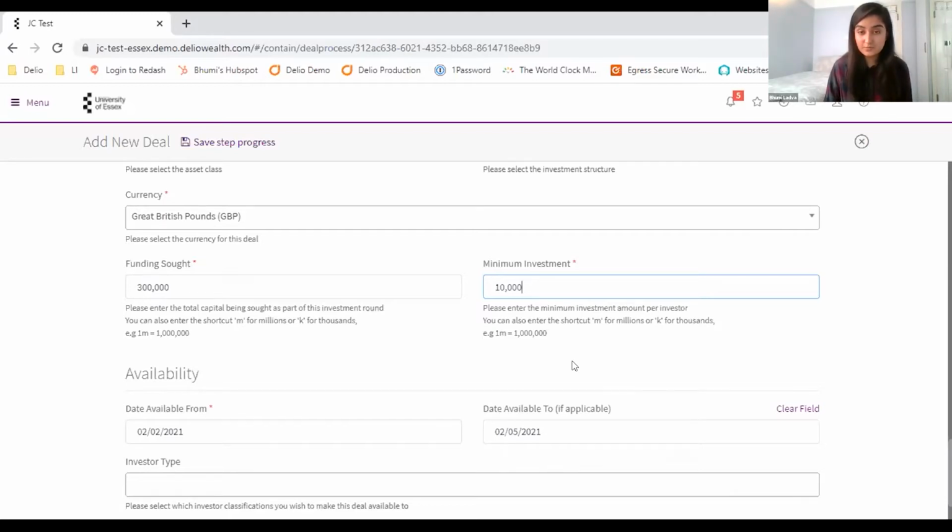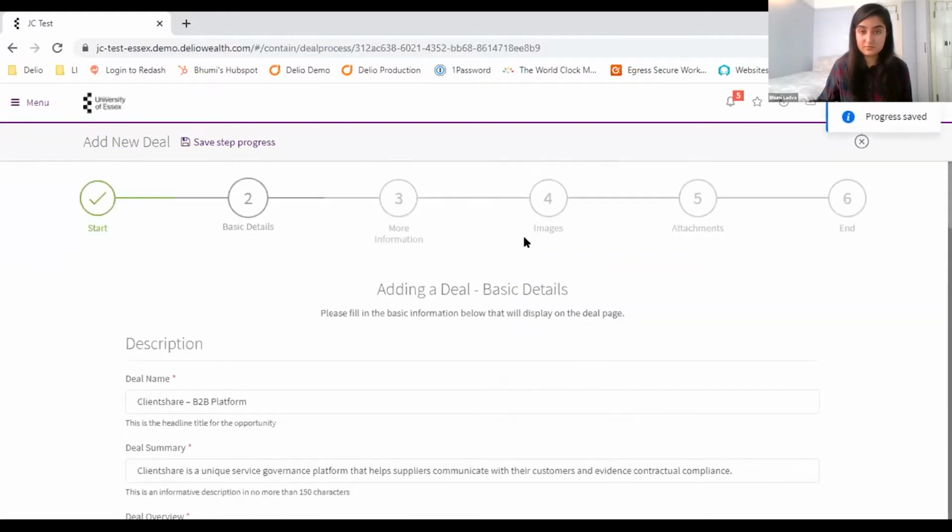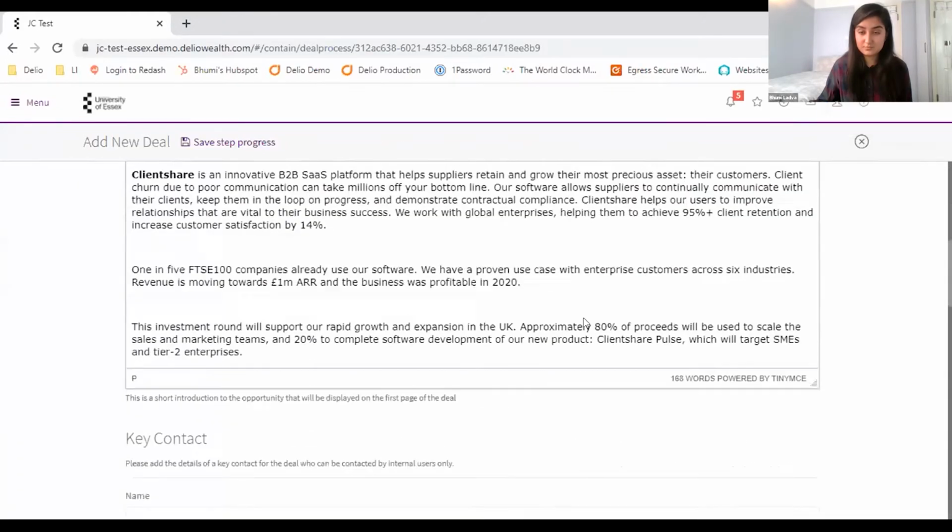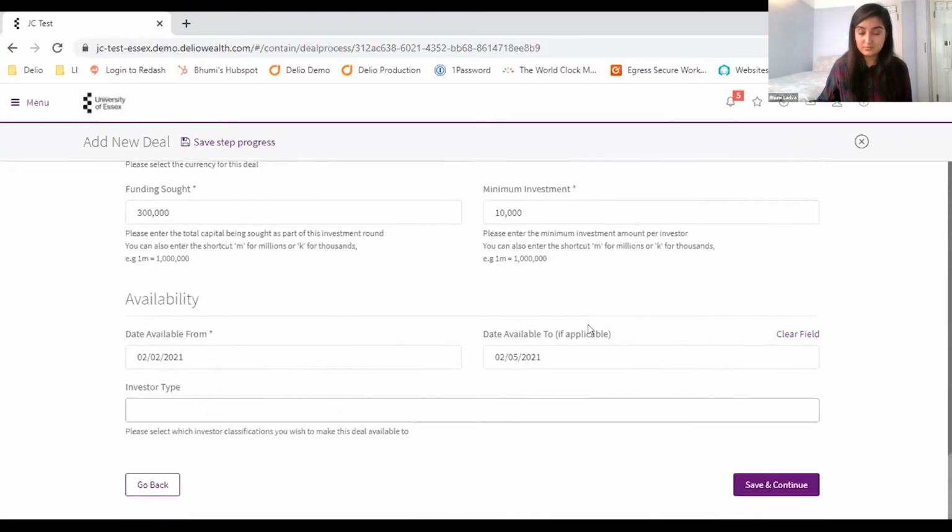Yes, because the vast majority of the opportunities we have on our platform are very early stage seed. We understand and we know that investors like to look at low values when they're starting to invest, and then increase the amounts as they go along. So we would always recommend a minimum of investment of no more than £20,000, and probably from about 5,000 upwards. And that enables the investor to actually start a conversation with you, because people can always invest more, but they can be put off if the initial investment is too high.